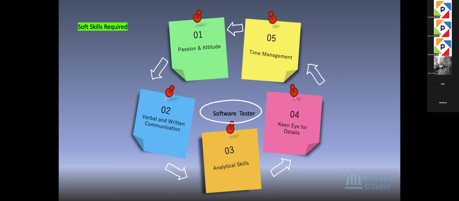Keen eye for detail, attention to detail. A small bug can lead to a major system failure, which is what I said earlier. As minute as you can think of, you just have to report it. They might say, okay, it's of low level, but that doesn't mean it will not be dealt with. This is where they prioritize bugs. And you have